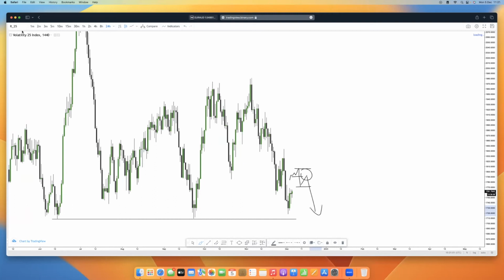And this is my only interest on synthetic indices for now. So let me take two more. Somebody said VIX 75. And I'll take one more. Which other one you want me to look at?